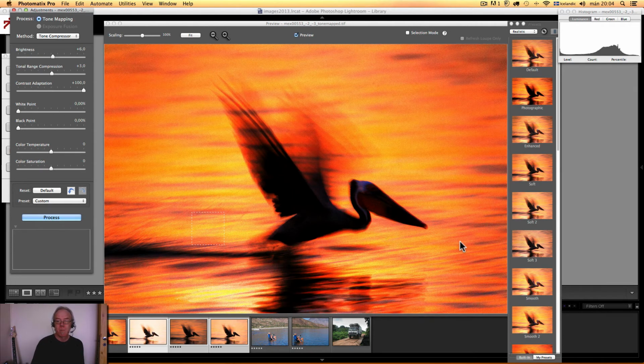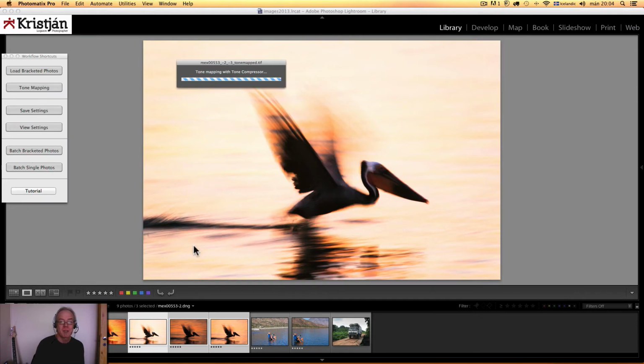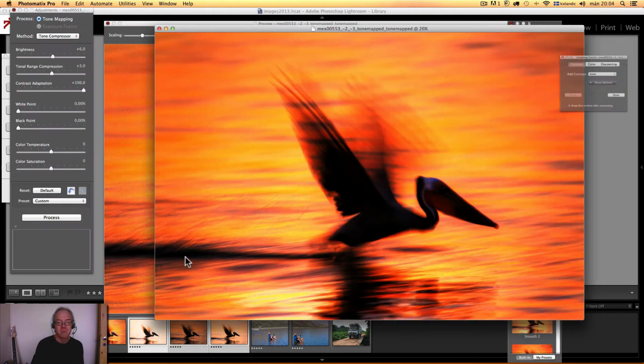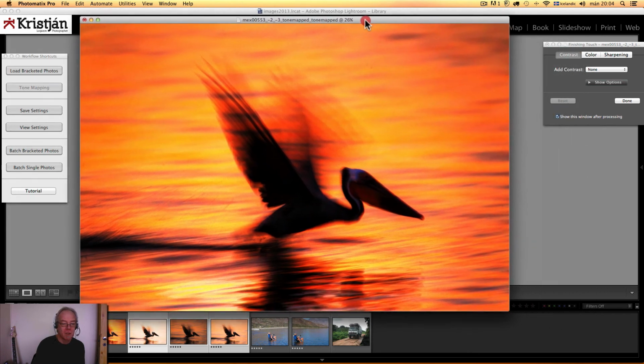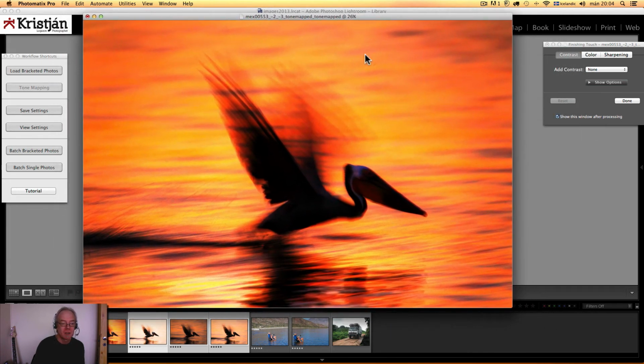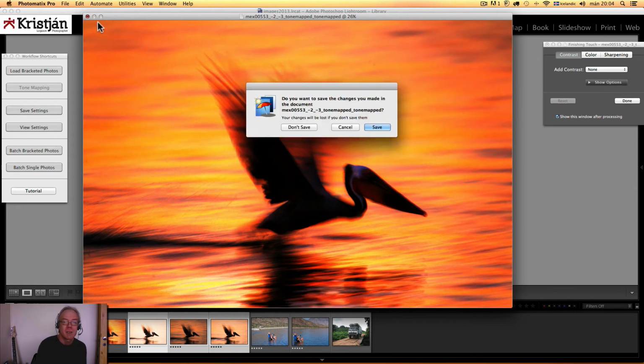So this is then the final image. I process that. So now we have gone to the final image, or on the road to the final image. It's not the final image. I will then save this image, which is a tone mapped image, and